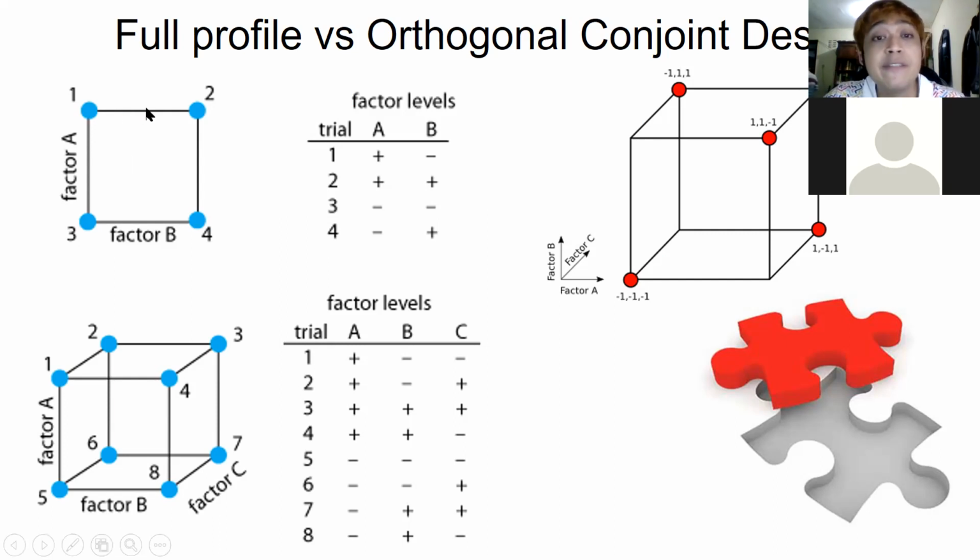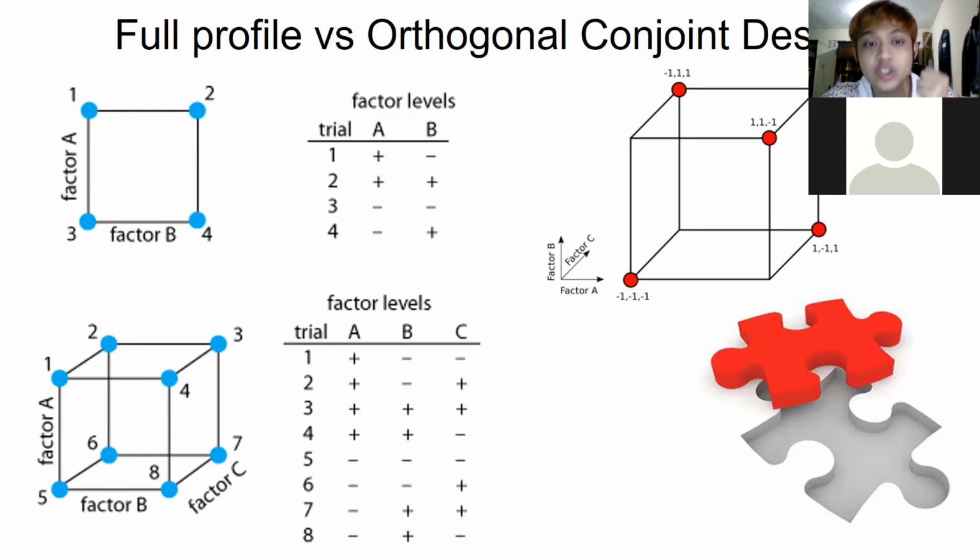If you only have two attributes with two levels, the full profile will be what? 4, right? 2 times 2. So the total number of stimuli here should be 4. Then if you have three attributes,